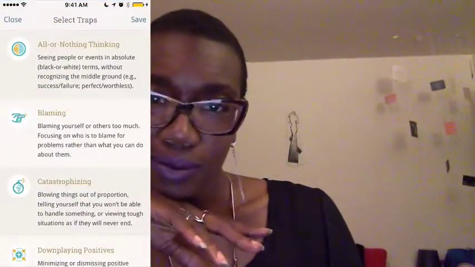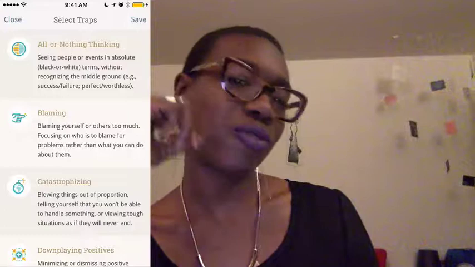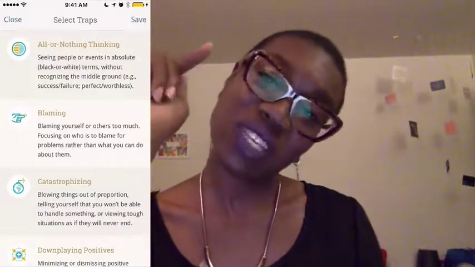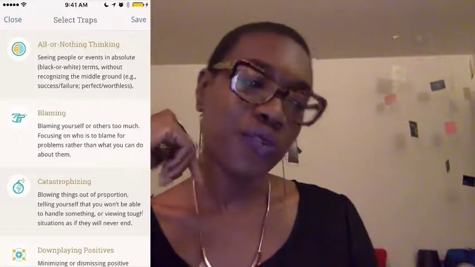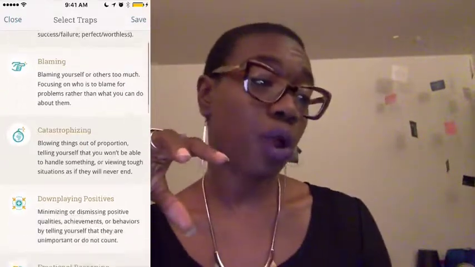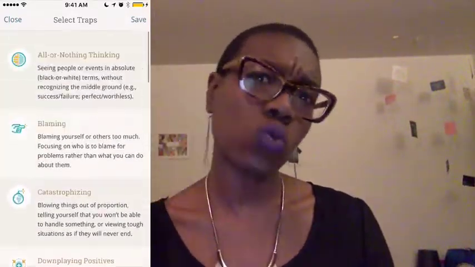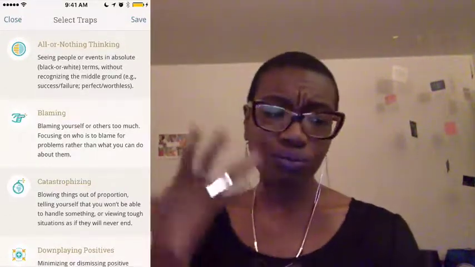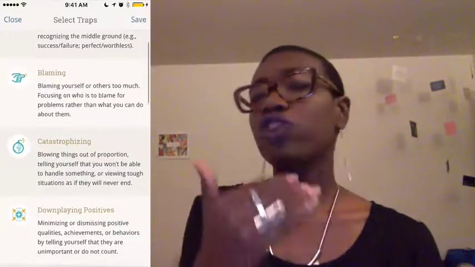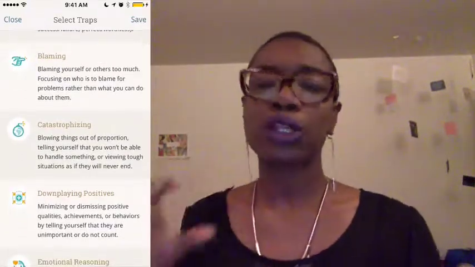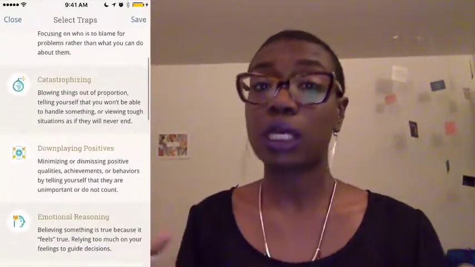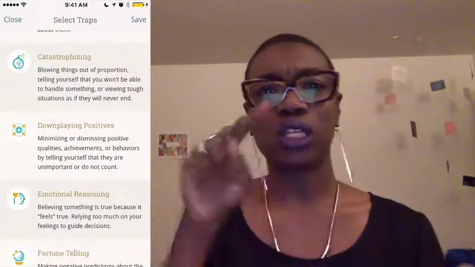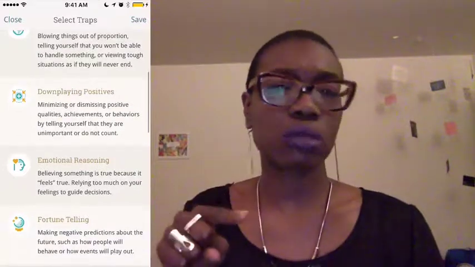So this is where all the money you invest in this app, those $5, you get your return on investment when you select your thinking traps. So I was not familiar with thinking traps prior to the Moodnotes app, and if you were, great, but I was not. And so thinking traps are essentially thought patterns or ways of approaching or thinking of your situation that get you trapped in this loop of negative emotions, right?